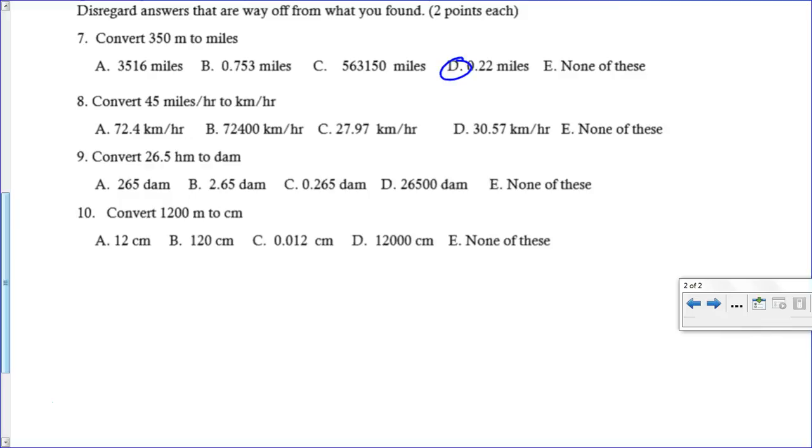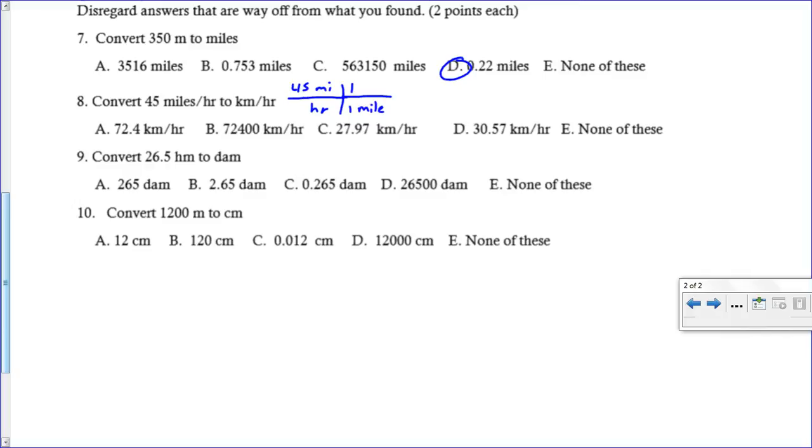For question 8, it says convert 45 miles per hour to kilometers per hour. So this one has a compound unit of miles per hour in there and kilometers per hour, but the hour actually doesn't end up impacting anything because it's maintained in both parts. But this is how you'd write it out. 45 miles per hour, so hours goes on the bottom. All right. Then we just need to get that miles to cancel out and eventually get to kilometers. So the only thing that we really know to get to from miles if we're trying to get in the metric system is that 1 mile